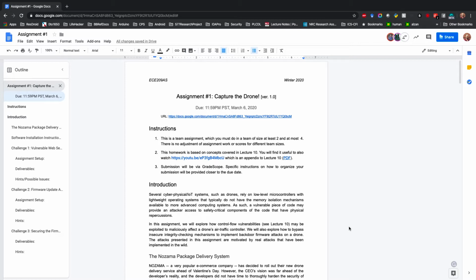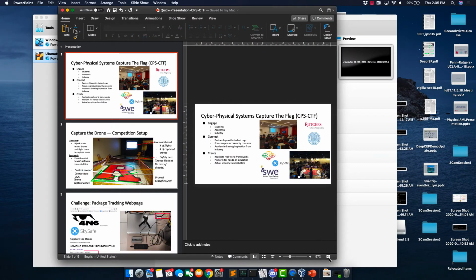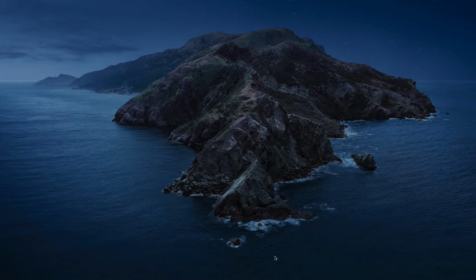So I'll first maybe try to show where this assignment came from, the inspiration. Do you prefer lights on or off? Okay. Yeah. So we had a cyber physical